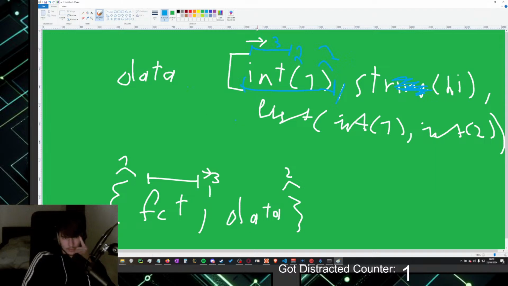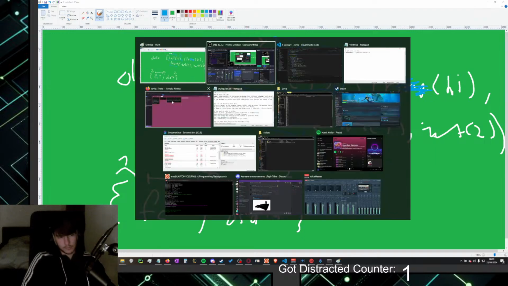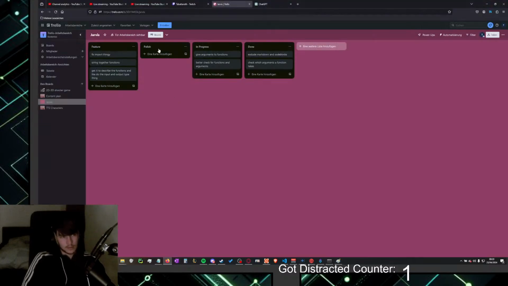If it is a list though, or it might be a dictionary at some point, and I'm a bit scared of that because then we need the curly brackets. Let's ignore the dictionary thing for now and write that in here: make dicts work with the GPT input string thing.